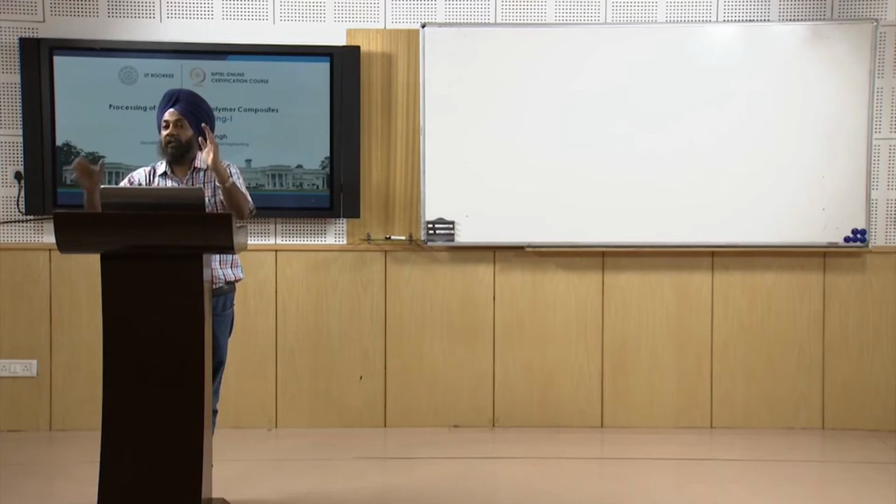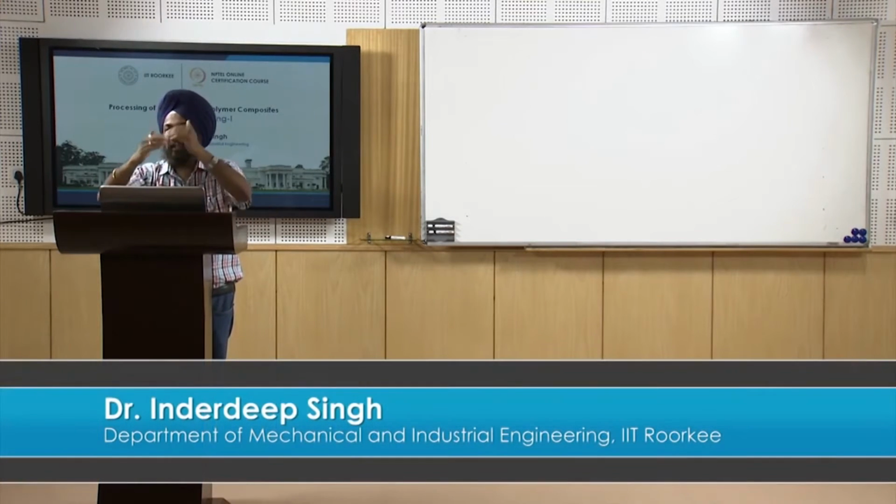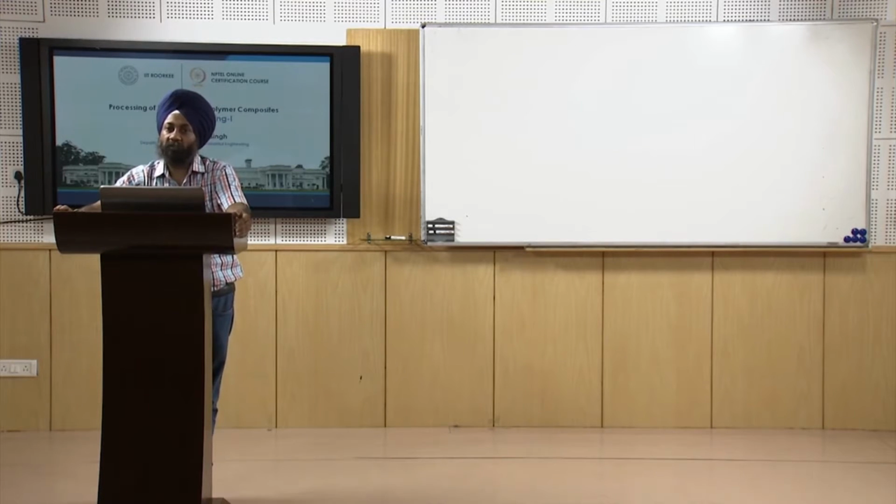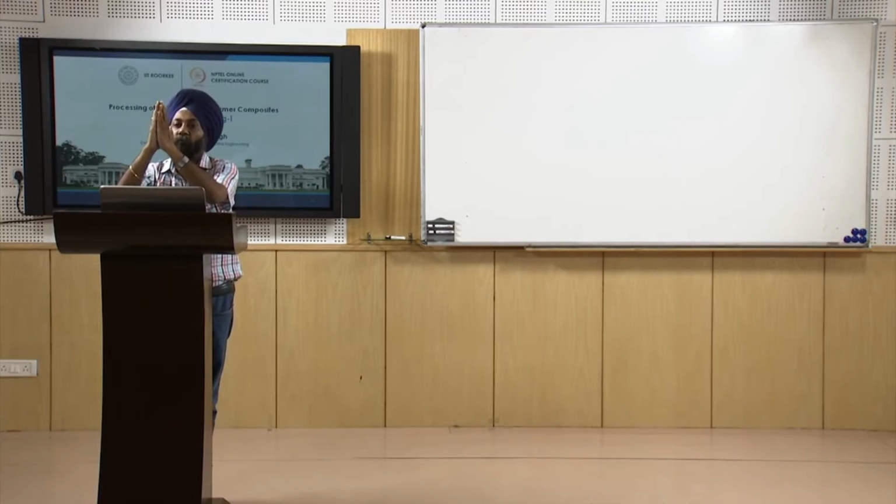Now we will keep the mold closed, and there will be air or water circulation around the mold so that the cooling is accelerated. So the third stage is cooling. It can be natural cooling depending upon the requirement, or it can be forced cooling through water circulation or air circulation.